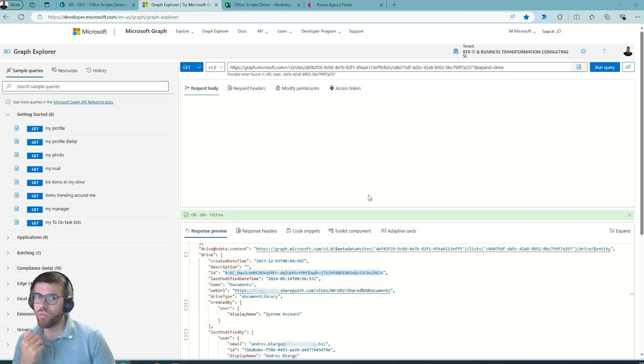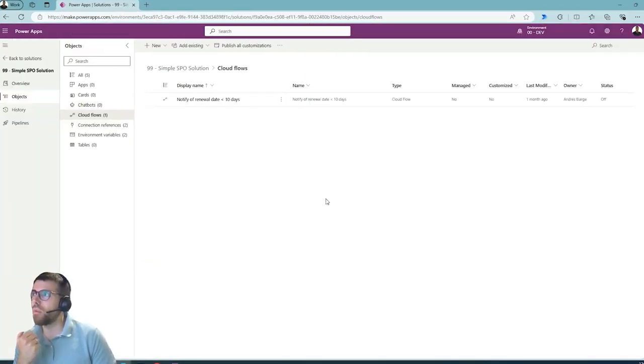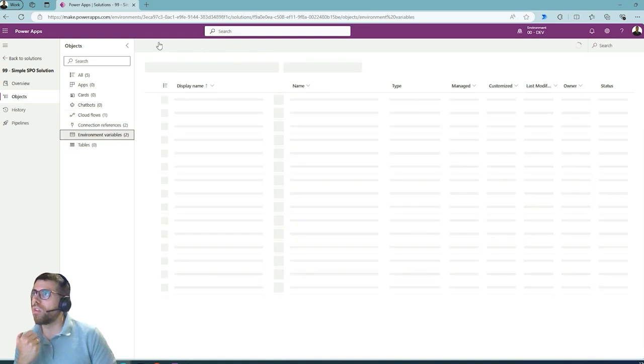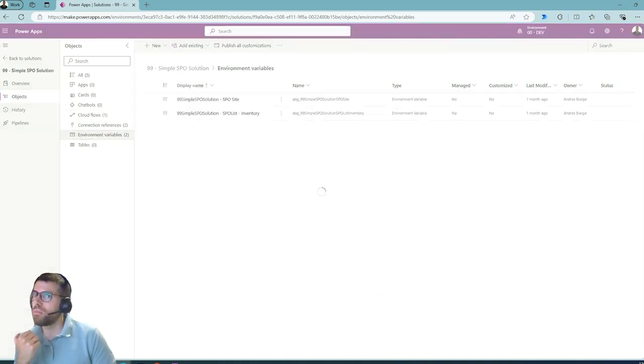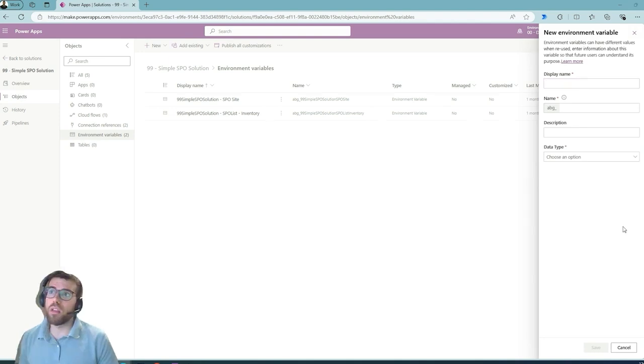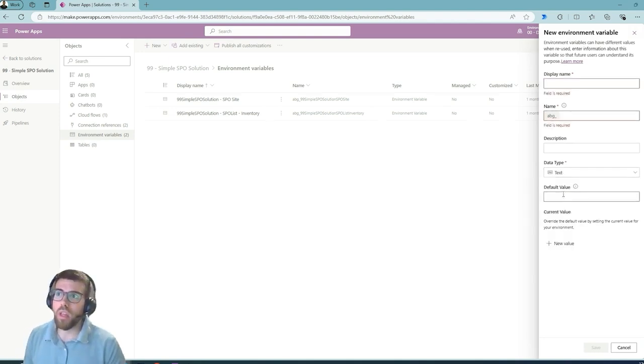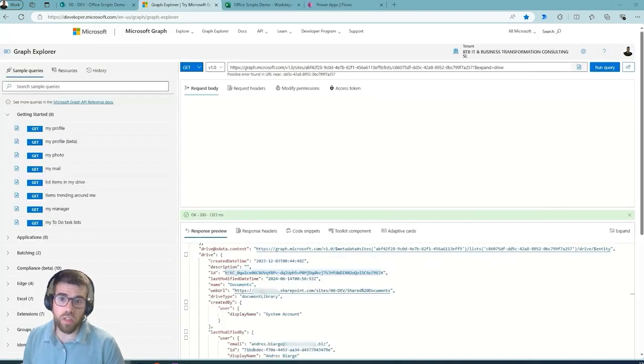So if I were to create an environment variable, I would create it here, type text, and in the value I would put this ID over here. Now this is very cumbersome to get the ID like this, especially if you're not used to using the Graph API,